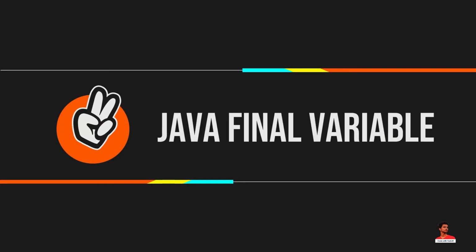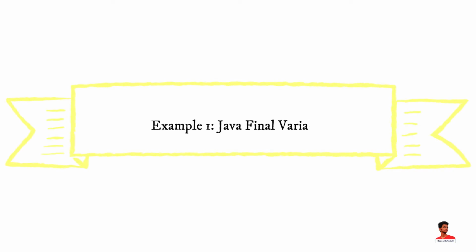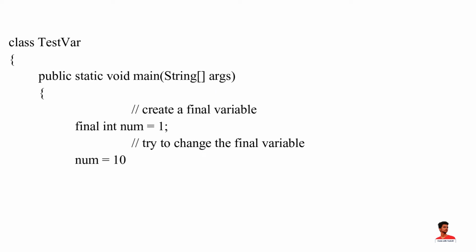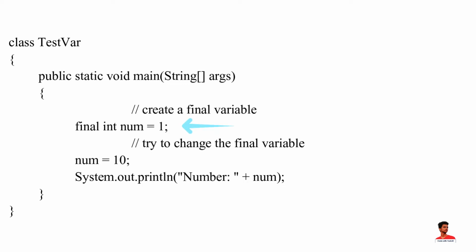If you make any variable final, you cannot change the value of a final variable. In this example, we have created a final variable named num and we have tried to change the value of the final variable. When we run the program, we will get a compilation error as